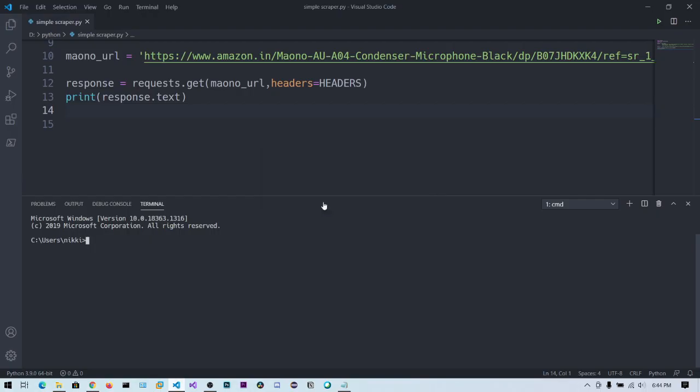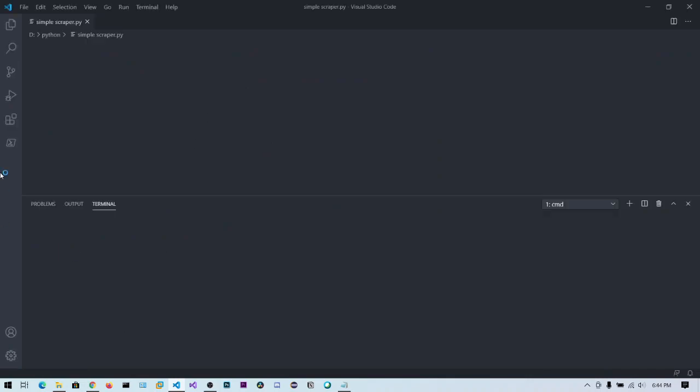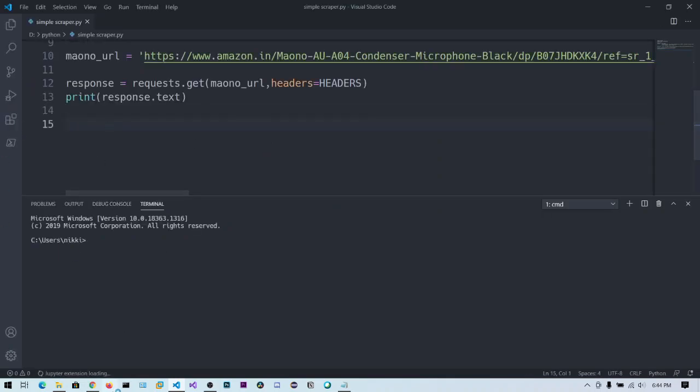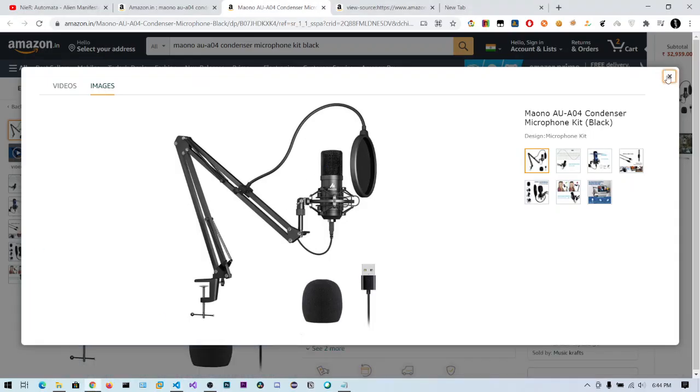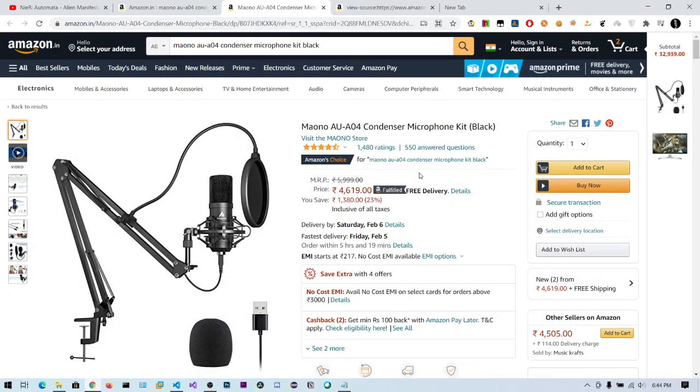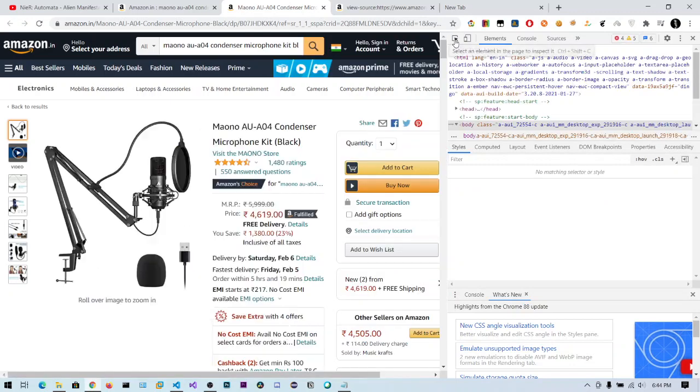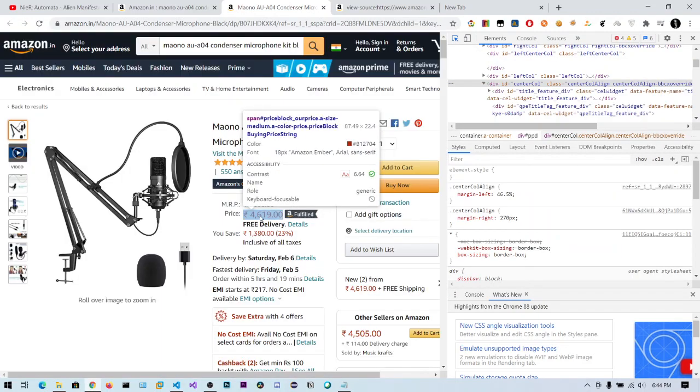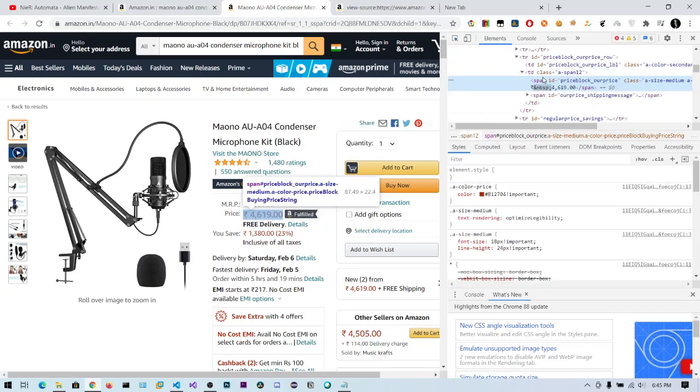So what you can do is right click on this, click on inspect, and now click on this mouse icon, hover your mouse over this 4619, the price of the mic, and click on this. Immediately you will get the HTML code. It contains the span tag, and the ID is price block underscore our price.